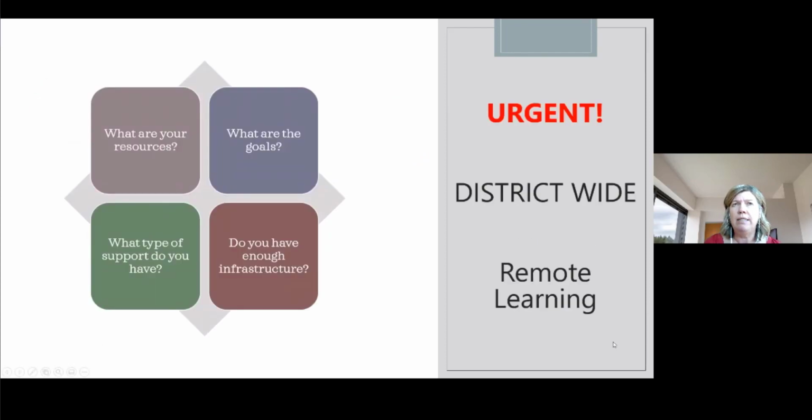So when the crisis hit, we knew we had to reach out to our district leadership team to see if we could help support our remote learning plan. We already had a system in place that we were using, and we knew we had to carry this out immediately. It was urgent. We set out to quickly train our directors, our district leadership, and even our school board trustees how to use those online meetings.